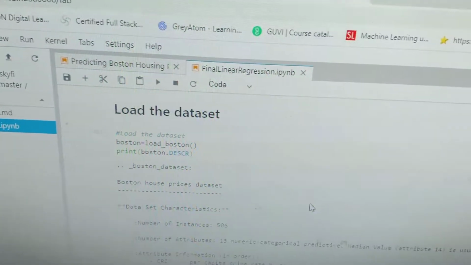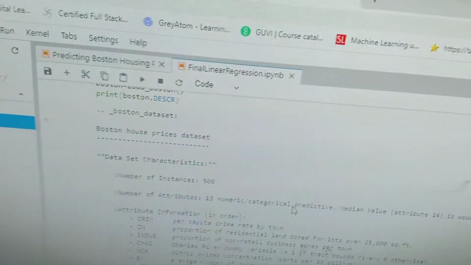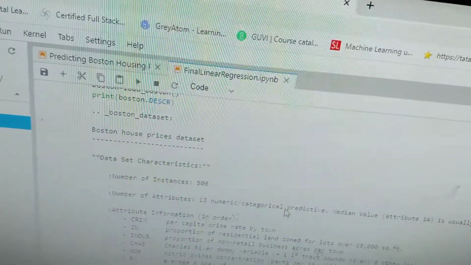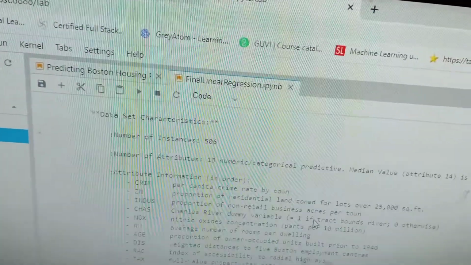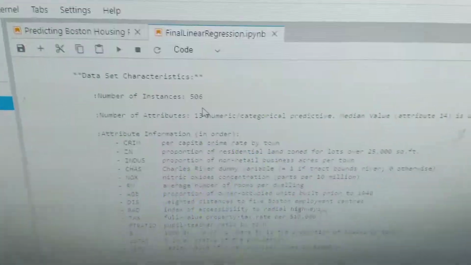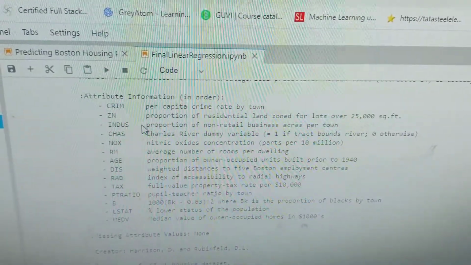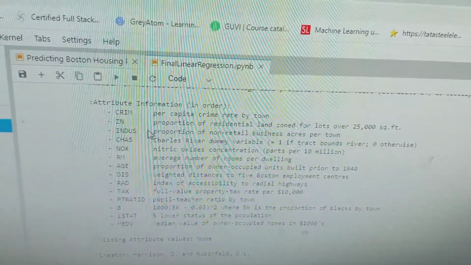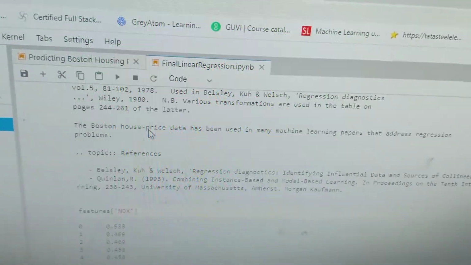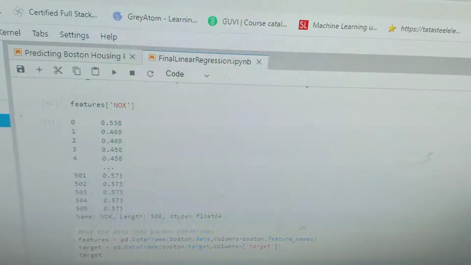In this we will just load the Boston data, which is present in the sklearn dataset. DESCR is used to give the number of columns and rows that are present, that is the attributes as well as the features. Here we can see there are 506 rows and 13 features present in the Boston dataset. The names of the features are: CRIM, ZN, INDUS, CHAS, NOX, RM, AGE, DIS, RAD, TAX, PTRATIO, B, LSTAT, MEDV. Based on this we can use the feature names and print each of the individual features.